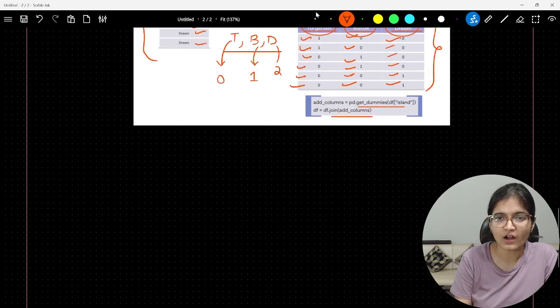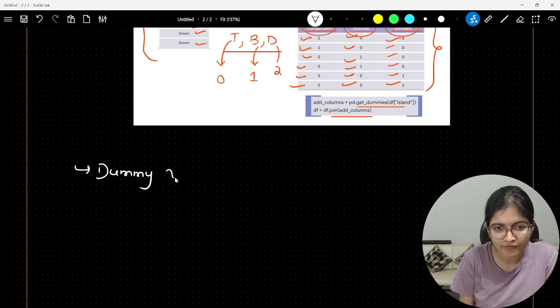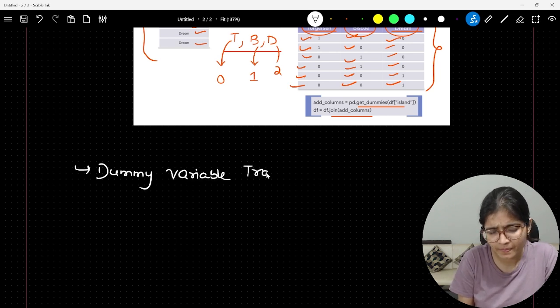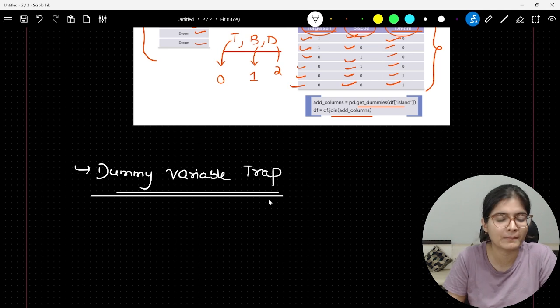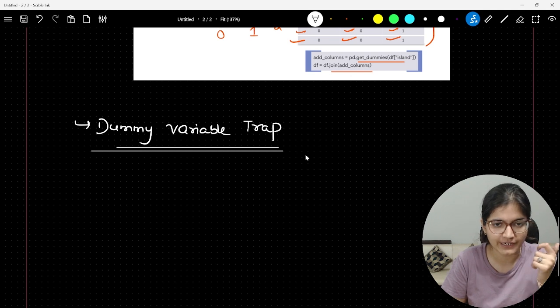And there is a concept in one-hot encoding called the dummy variable trap. I'm not sure how many of you are aware of this concept, but you can try and read about it in machine learning, which we want to avoid at every point of time whenever we are doing pre-processing.